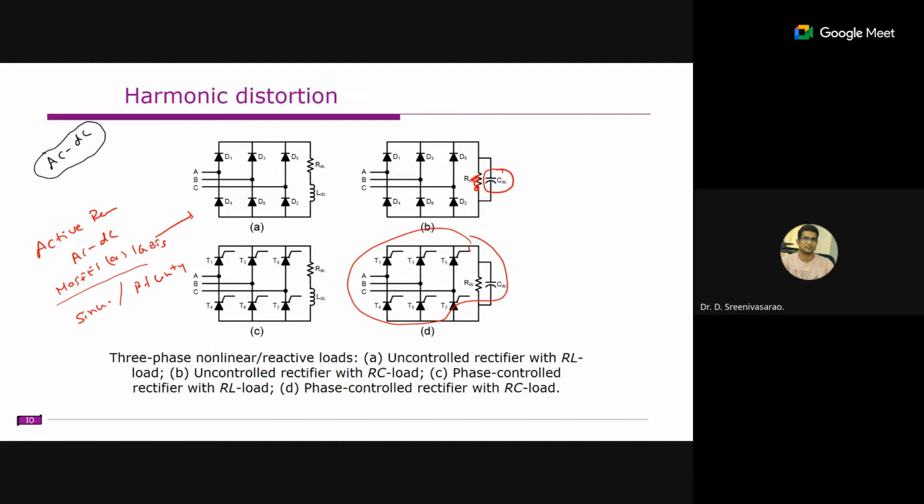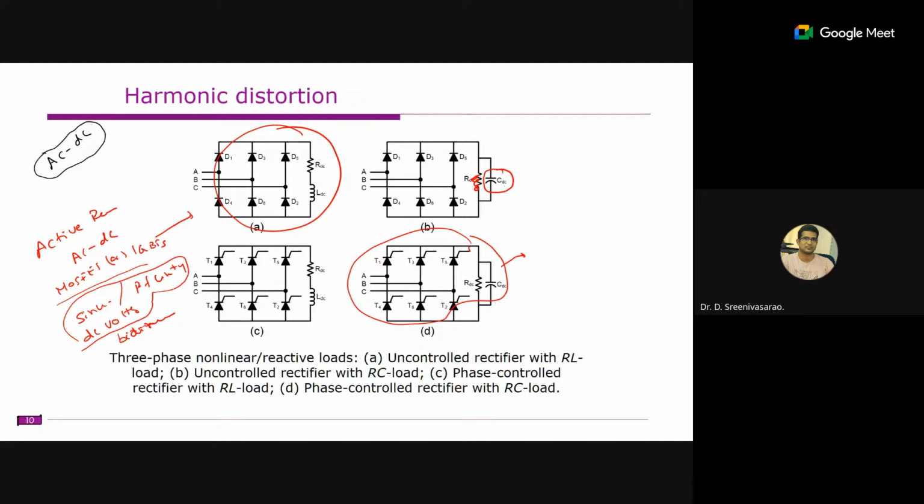Another interesting thing is that it will also regulate the DC voltage. In conventional converters, we cannot regulate the DC voltage; for example, with thyristor converters, the regulation is not proper. Here it will also regulate the DC voltage. For example, if you want to fix the voltage at 400 volts, that is possible. And another thing is that these active rectifiers are bidirectional.